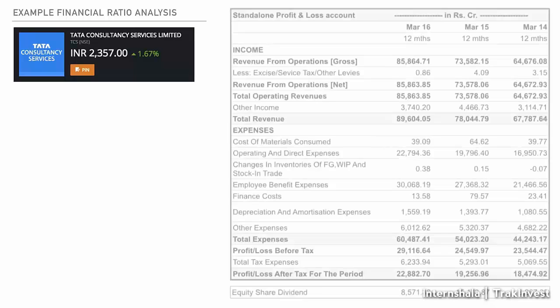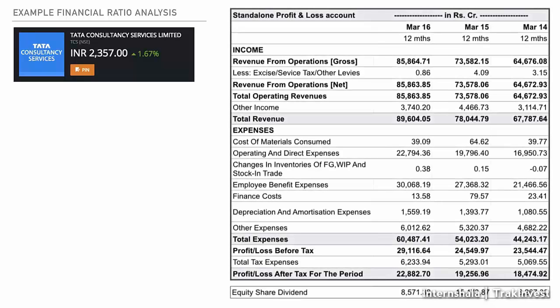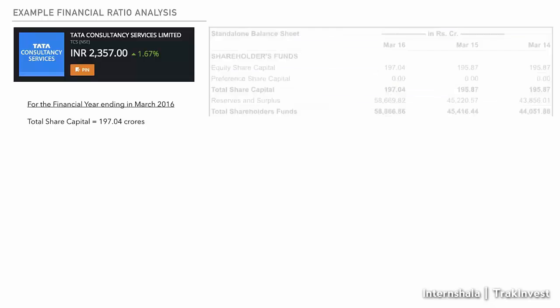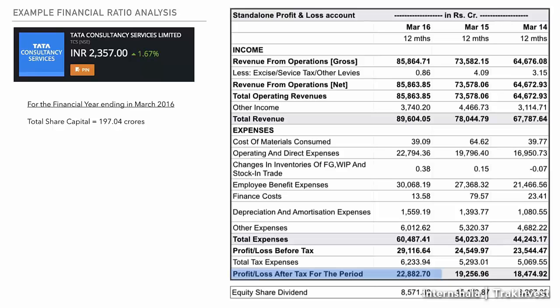Now, let's go on to actually put all this information together into one slide. So I've taken the price of TCS, I've taken certain columns I need from the profit and loss account, and certain data from the balance sheet itself, and now we will calculate each of these ratios. So we need to first know which are the columns that we need to pick. We need to pick total share capital. We need to pick earnings. The earnings you will see in the profit and loss sheet on the left side under the profit and loss